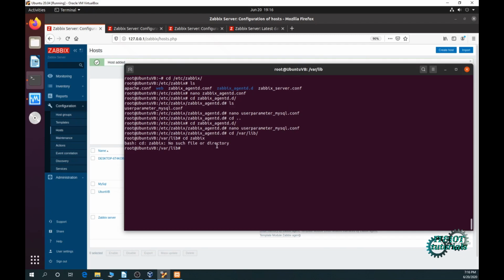No such file or directory, so I have to create one. Now cd Zabbix ls, and our folder is empty, so I have to create our new file,